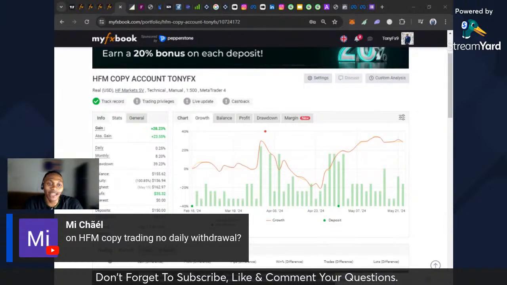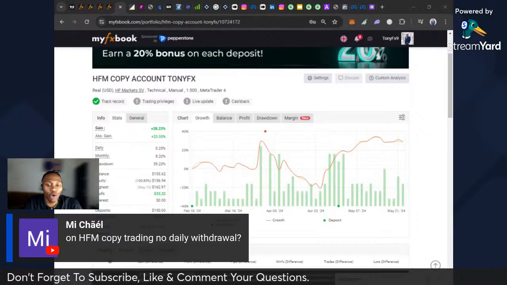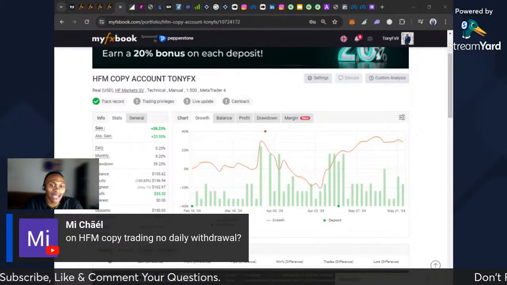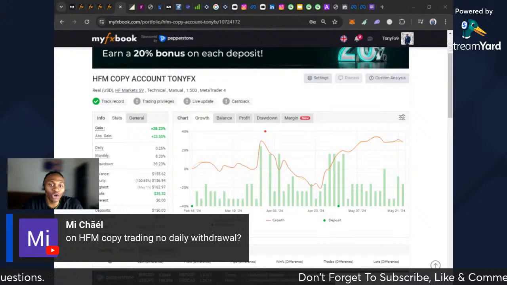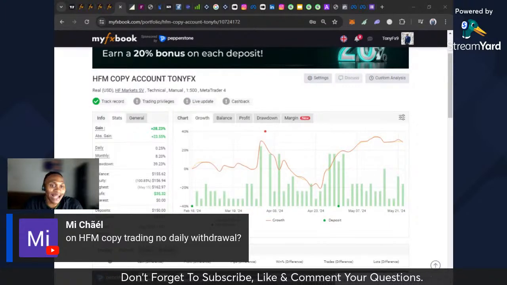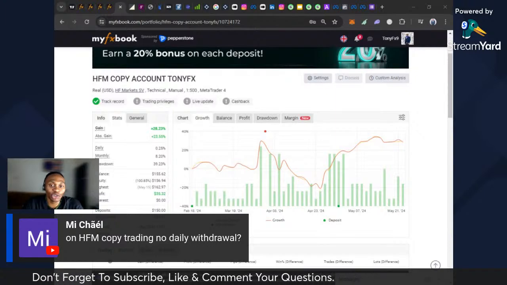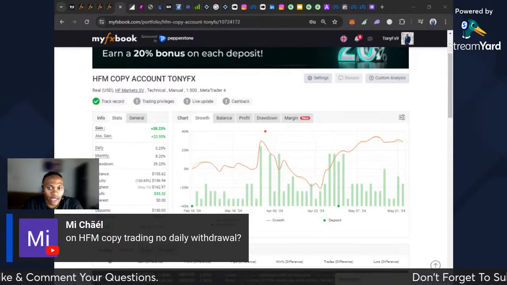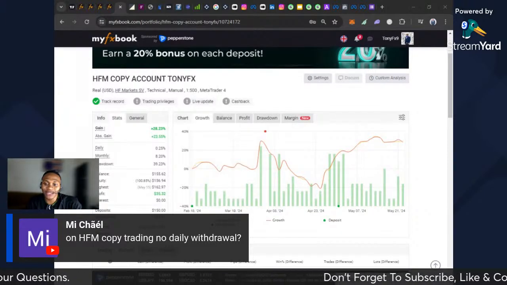But in the process of withdrawing the $2, the broker will send you 55% of the $2 and send me 45% of the $2. The minimum you can withdraw from your wallet on HFM is $5. The minimum you can withdraw directly to your bank account without any restriction is $5. So with that said, I hope I've been able to answer your question.